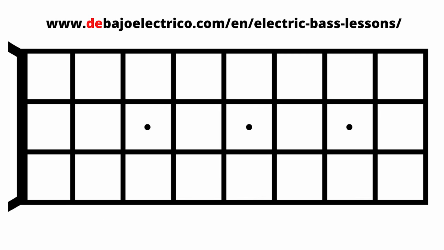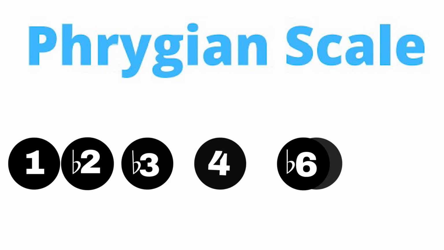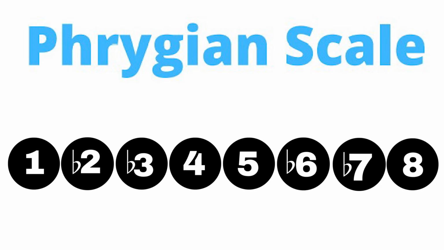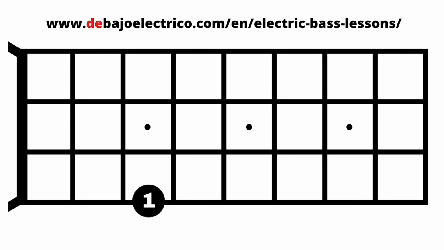The next scale we're going to see today is the Phrygian scale or the Phrygian mode. This scale comes from the 3rd note of the major scale. The Phrygian scale is commonly used in the flamenco genre or in Spanish music, since it's part of its folklore. It is a minor scale with a minor 2nd that gives it that flamenco touch, especially when we descend on